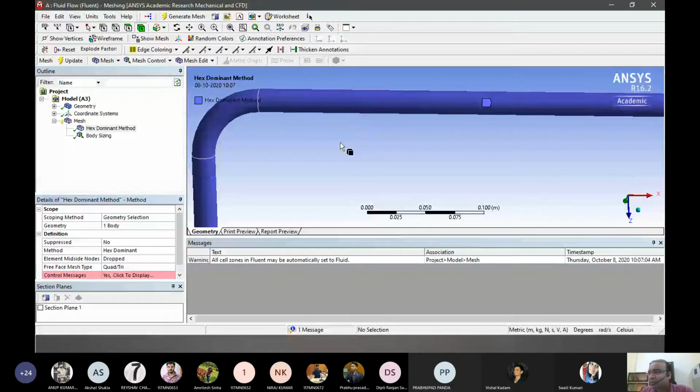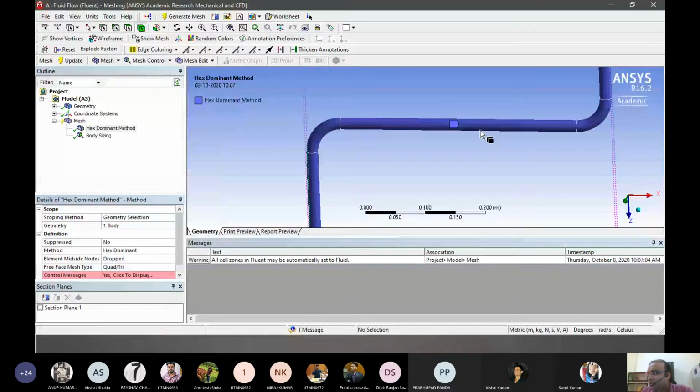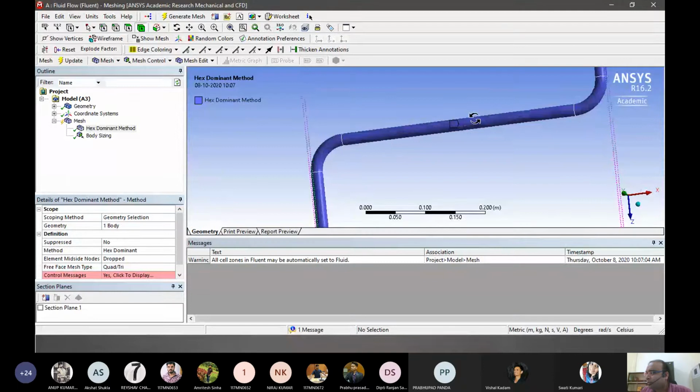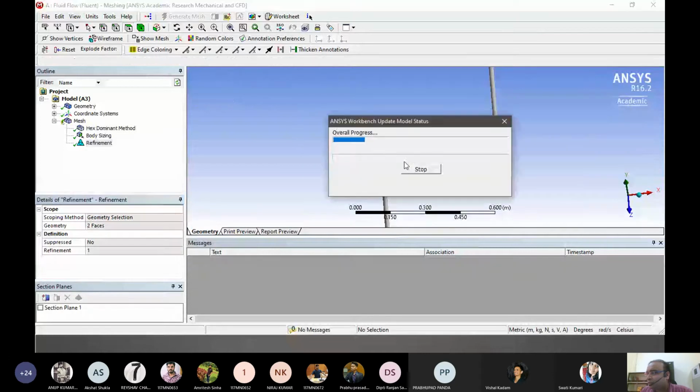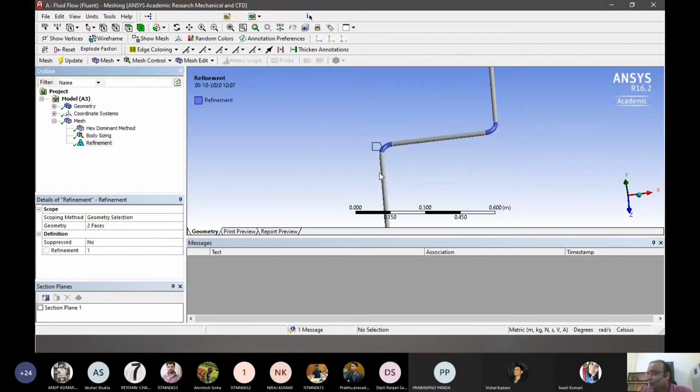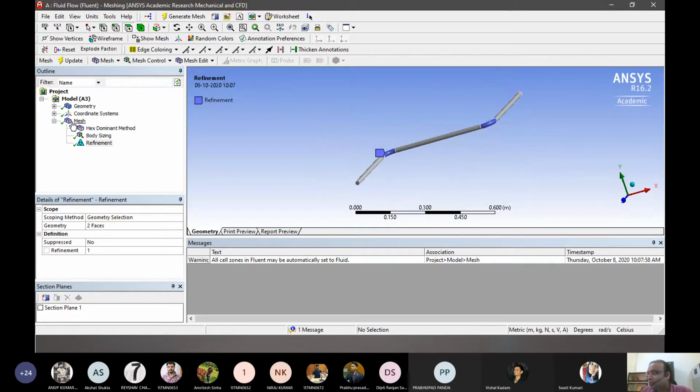So we give mesh refinement and select these corners, right? And basically update these with the new one. So now it should not take that much time. Yeah, so now it's all well meshed.